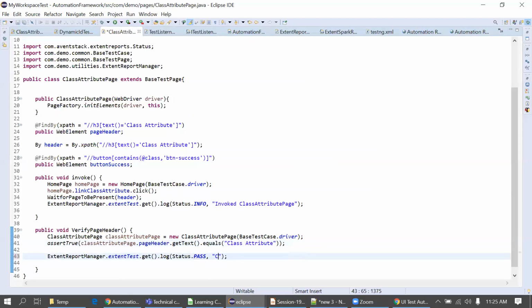Instead of this, I will put it in this way: expected header, class attribute, we'll put a colon here, and actual header.